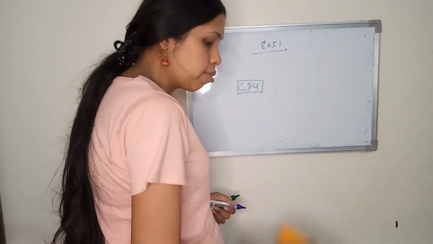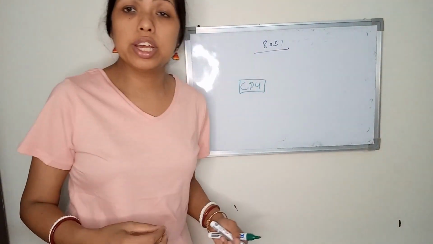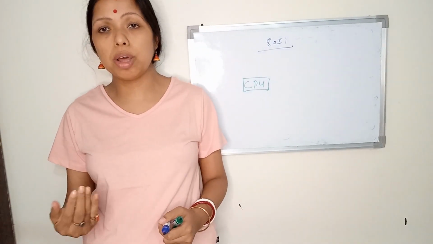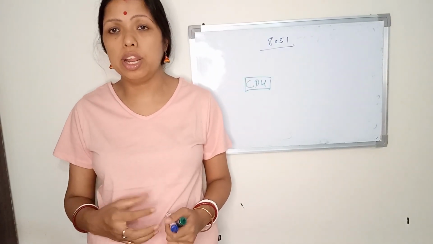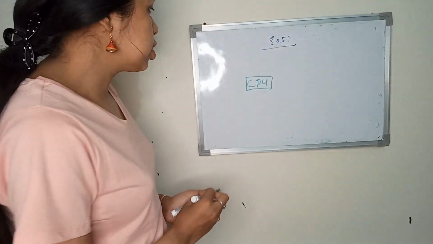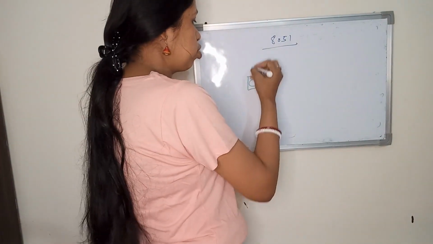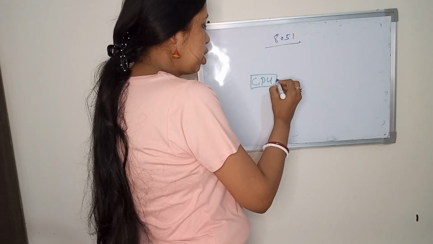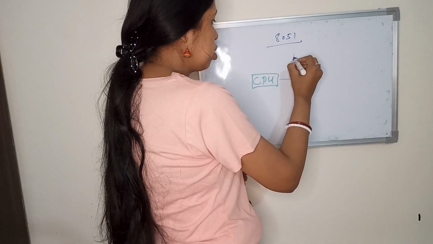So you need to first draw the CPU. Whatever mathematical performance or any program is executed by the CPU only. Different registers are also available in the CPU. And next, I'm writing here